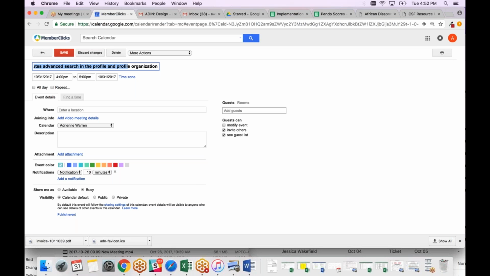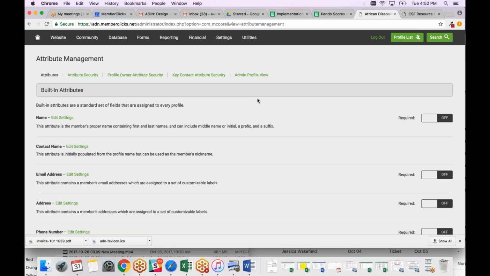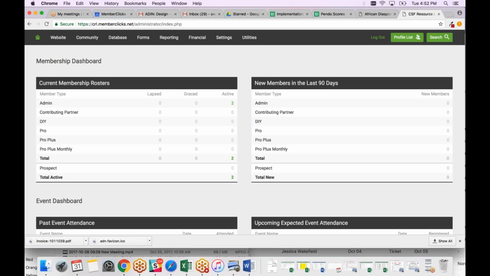Okay, build attributes. So I think the last things on our list, we were going to build the attributes, and then we talked about building an advanced search. Maybe, I guess, for your members to search one another. But we